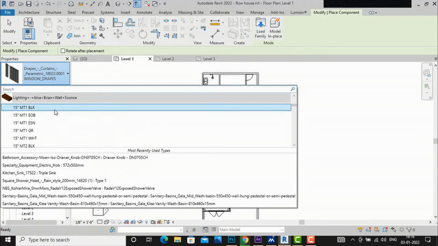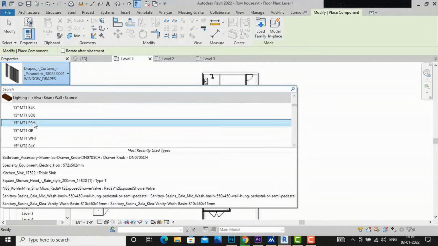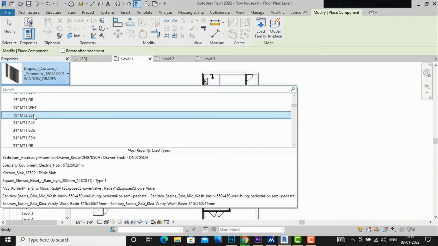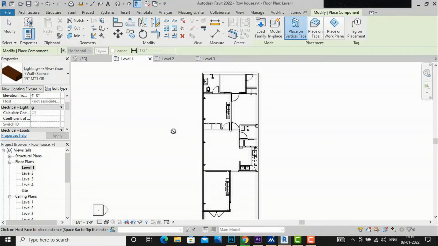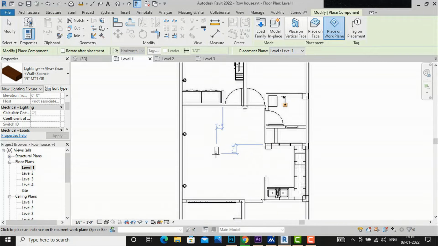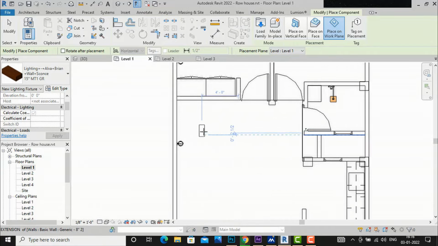I'm going to place this sconce here, and I will select it, and you can see this is the type of element, and it is asking for placement: place on vertical face, place on face, or place on work plane. I will select place on work plane, and you can place it anywhere. So I am going to place it here,